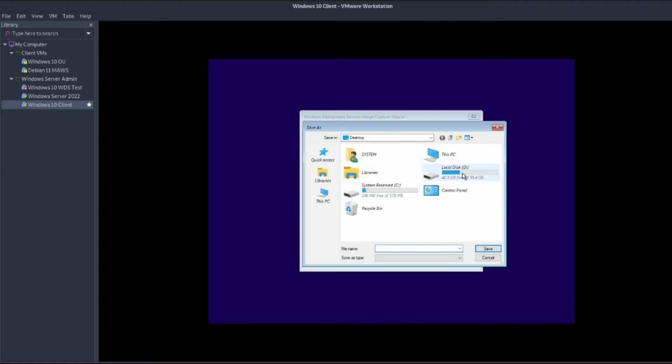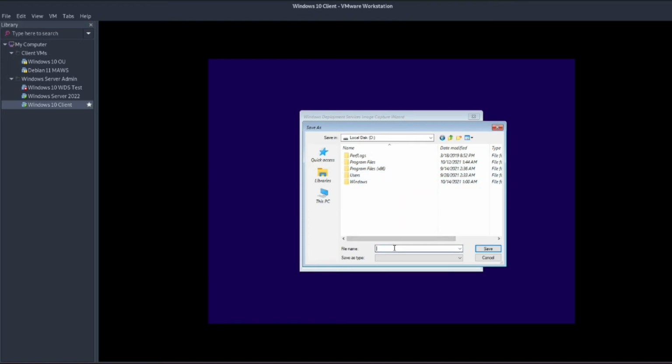Now notice that I have 40 gig free on this D disk and only 500 meg free there. Now we know these install.wim files can be upwards of, I've seen them being 40 gig. This one I think is about 2 or 3 gig. So we don't want to save it on the C drive because we only have 500 meg space there. So let's go into local disk D, and just here at the root of the drive, let's just create a